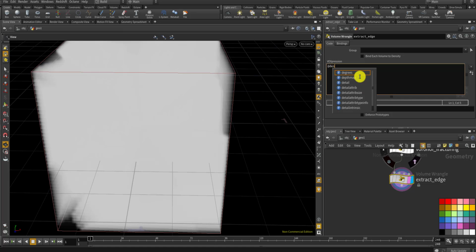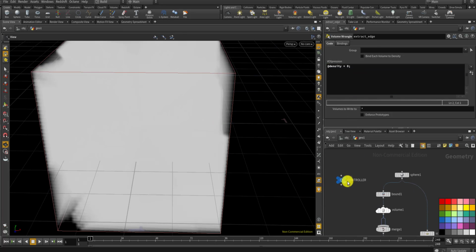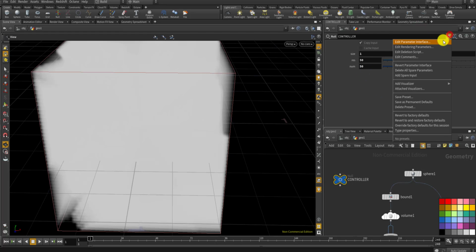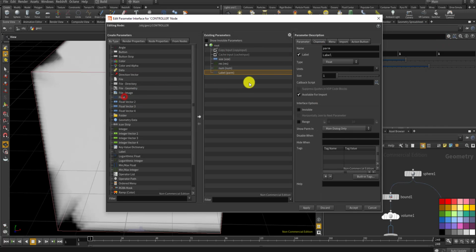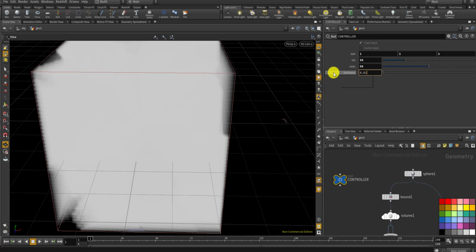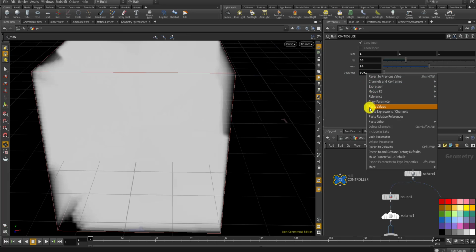Now let's set the default density value to be 0, and let's also set a parameter how thick that edge should be. So let's go to the controller and set a float parameter called thickness, and maximum to be 1, apply. And for now, I'll set the default thickness to be 0.01